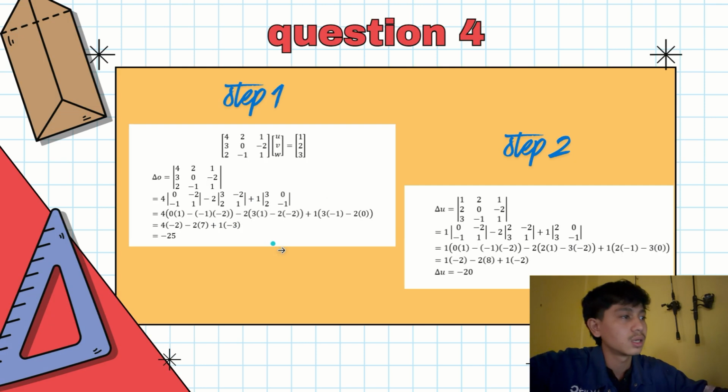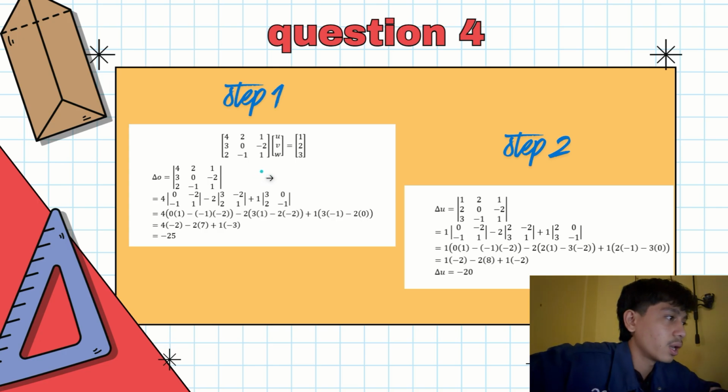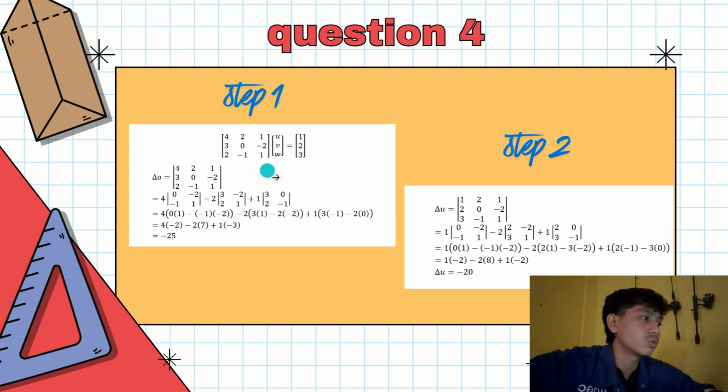Step 1, we're going to find delta 0. First, we form the coefficient matrix using the coefficients of u, v and w. The coefficient matrix is formed using 4, 2 and 1 in the first row, 3, 0, negative 2 in the second row,